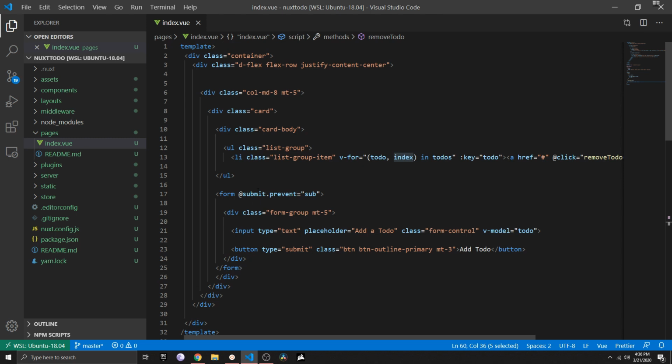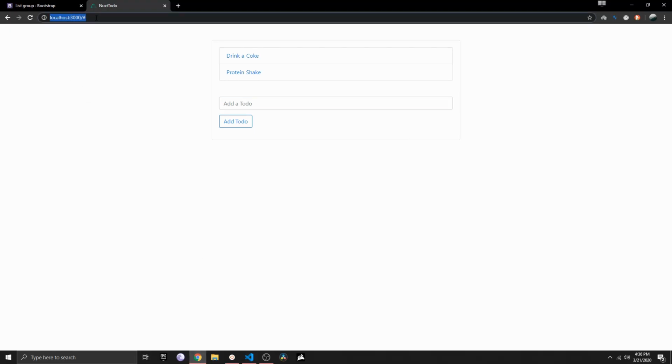So if you never heard of Vuex, it's basically the state management library or solution for VueJS, and luckily we can add Vuex easily inside NuxtJS. And if you want to learn more about